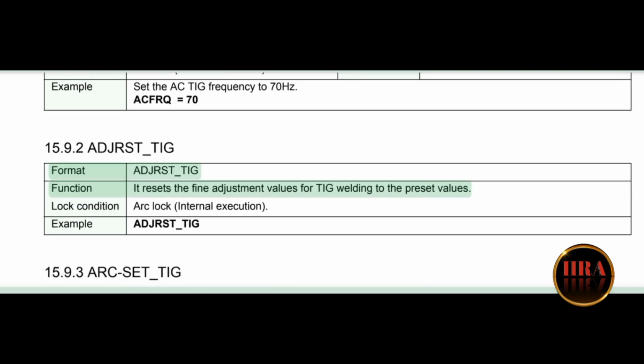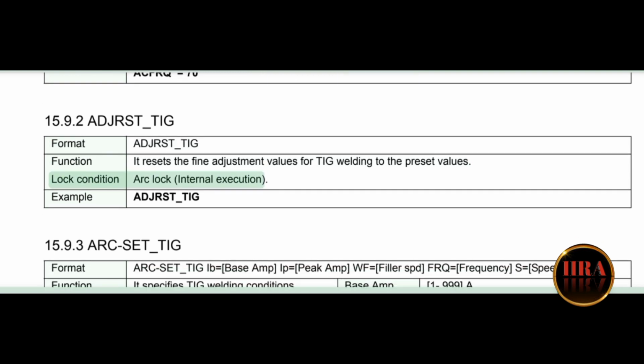Format: ADJRST_TIG. Function: it resets the fine adjustment values for TIG welding to the preset values. Lock condition: arc lock, internal execution. Example: